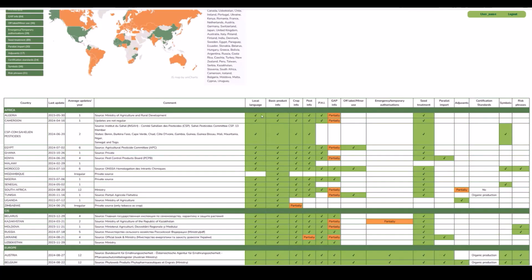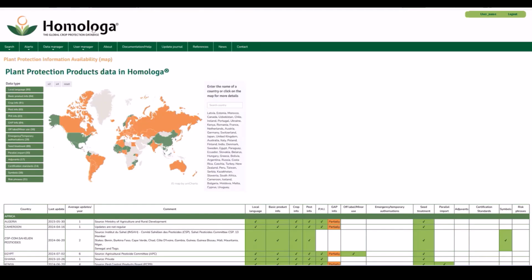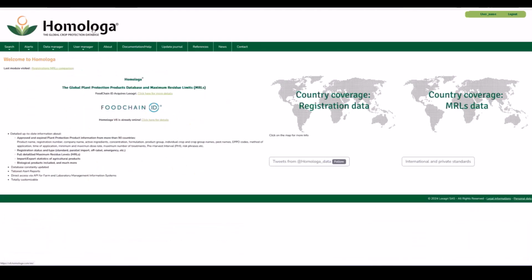On the right, you can see that we have got a green check if we have that information, or it is blank if that information is not available for that particular country. Sometimes we also state partially, and this is because the country is not offering that information throughout the whole data set. As you can see, for the good agricultural practice information, we have got countries with specific partial information, sometimes we do not have any, or they do not state that information, and sometimes we have the complete information. This is just an example for the crop protection data with this interactive map.